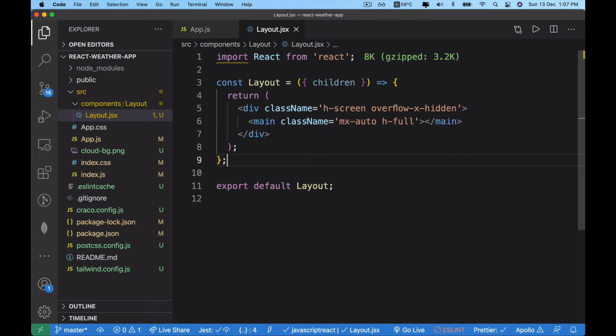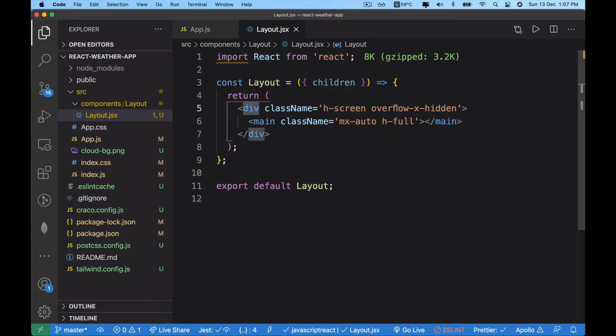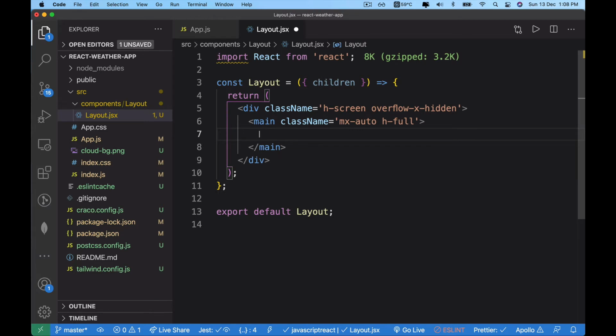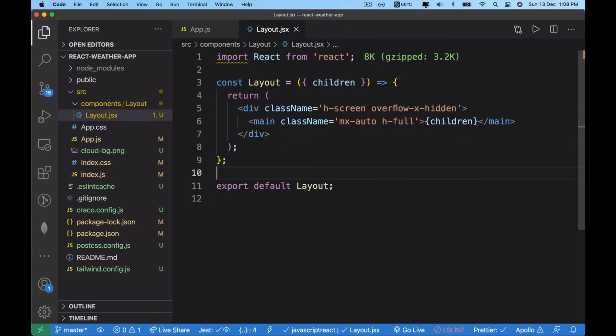So in Tailwind CSS, when you give height full for a particular element, that means it spans the entire height of the parent division in which it is encapsulated. So as you can see here, this main takes the entire height of this particular division, right? So as this division takes the height of the screen, this main also takes the entire height of this particular division. So now with that said, inside the main, let's just render the children props. So just save